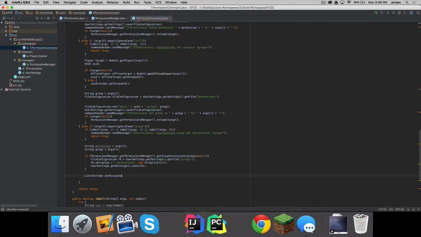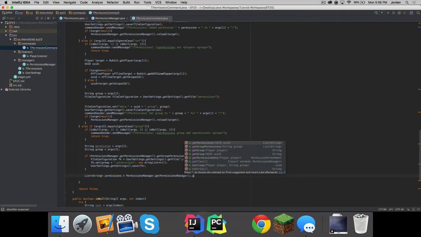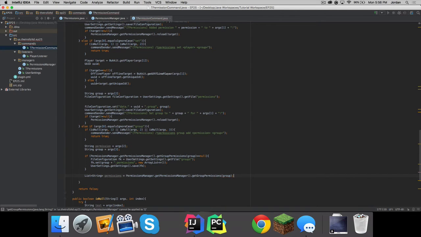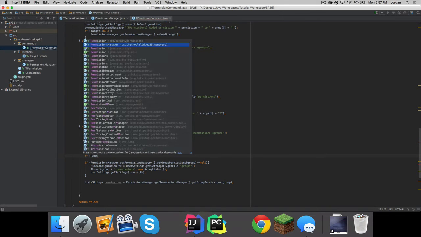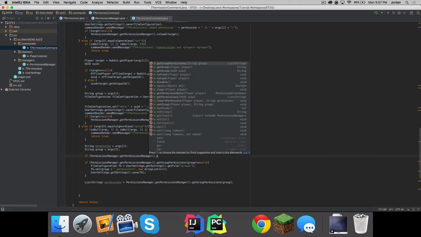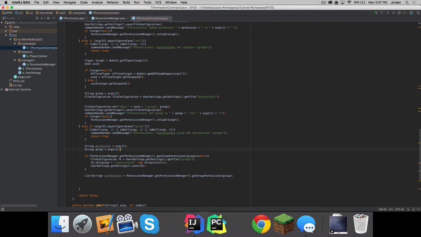Permissions equals permissions manager dot get group permissions for that group. And actually we need to first of all check if that group even exists. So if permissions manager dot get group, whoops, we don't even have a method to check there. Oh, and I did realize we actually need to check,